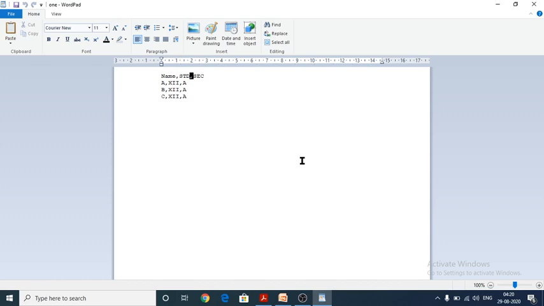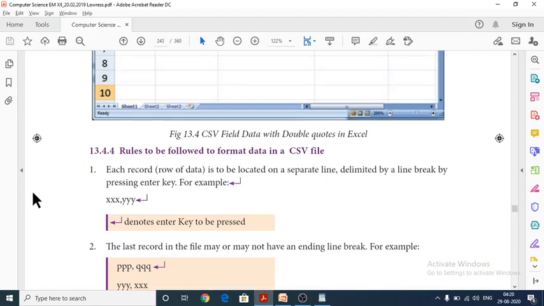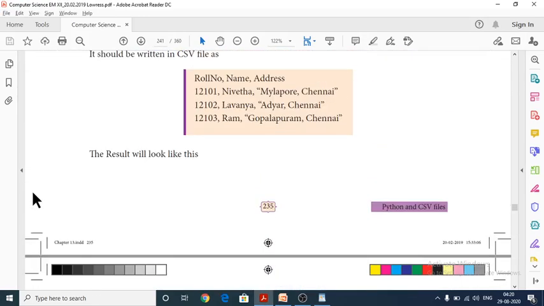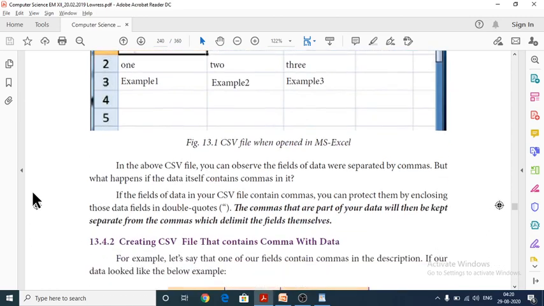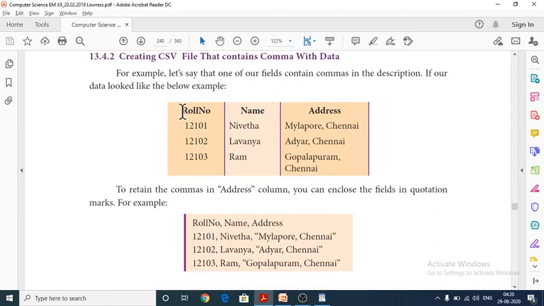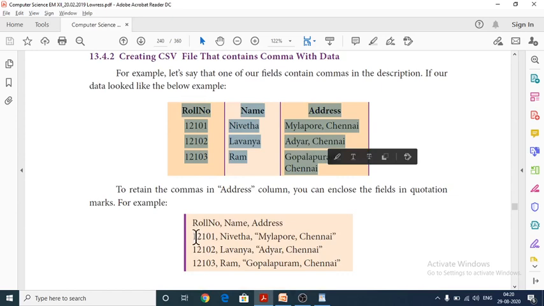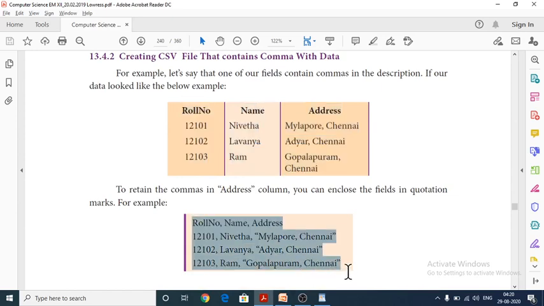So next one, I would like you to open your book. The next topic is creating a CSV file that contains commas within the data. Suppose you want to get a result like this, it should be written in Notepad. It should be created like this. See here, I am going to copy and paste. I have copied.